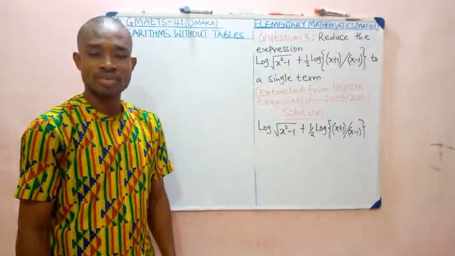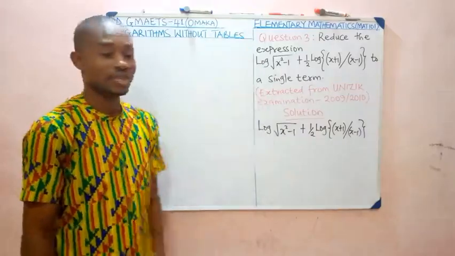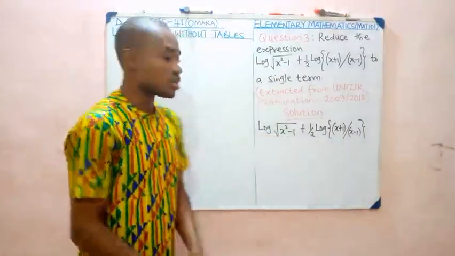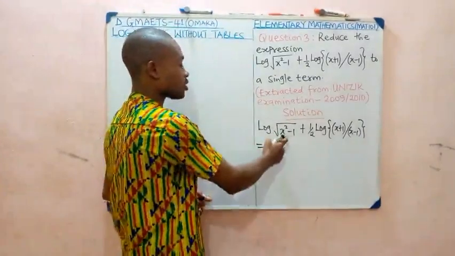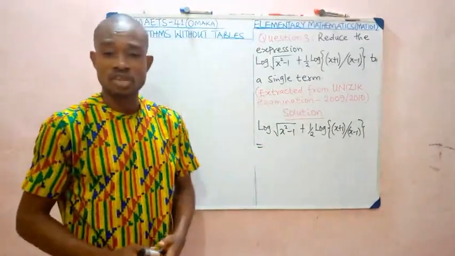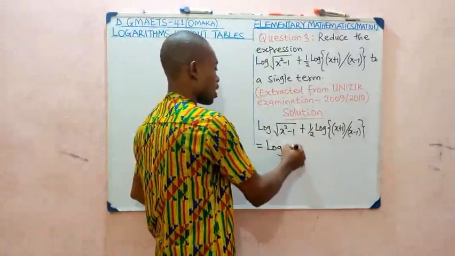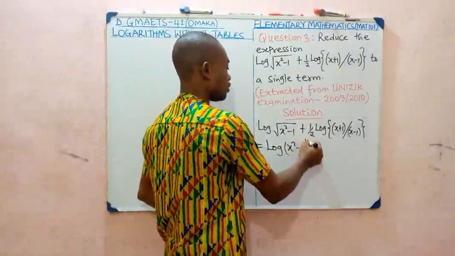How do we solve this problem? It's a simple one, irrespective of the many things you have there, x and x and x. Now this is the expression we have to reduce to a single term. So what do we do? B is equal to, the first thing is to change this root power to fractional index. So this is going to be log (x squared minus 1) raised to the power half, and